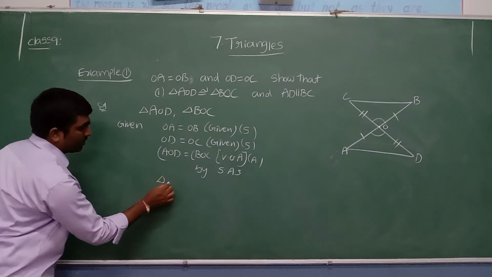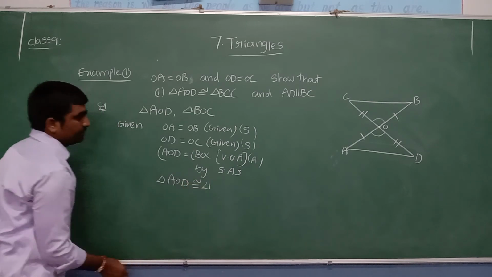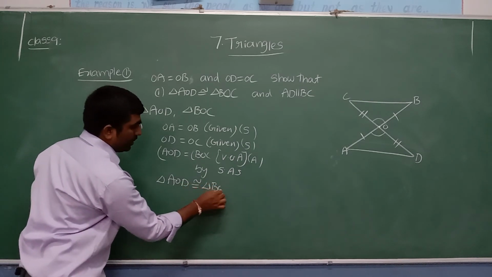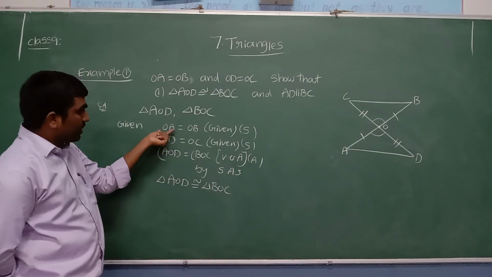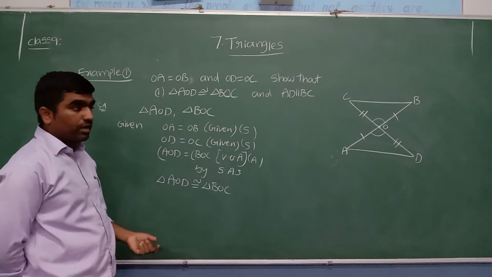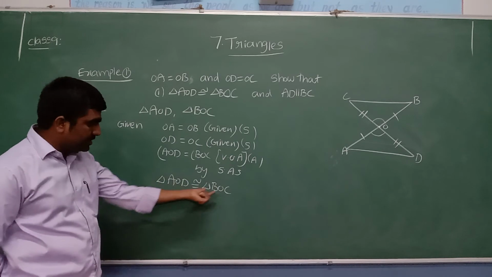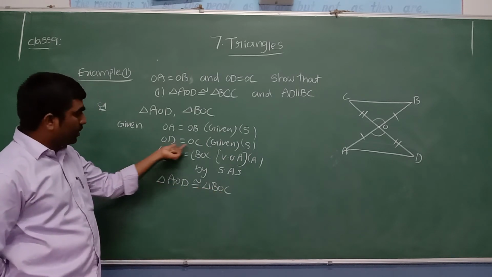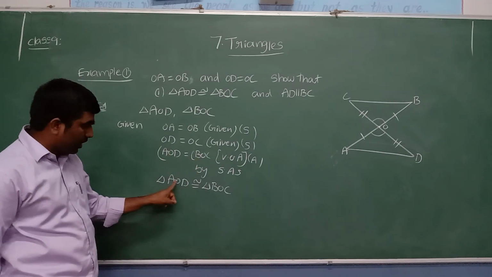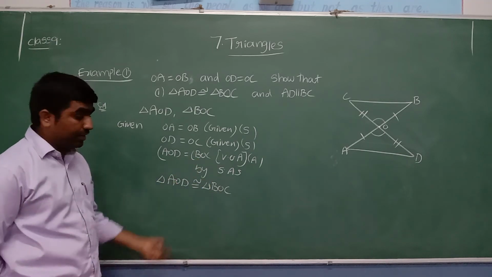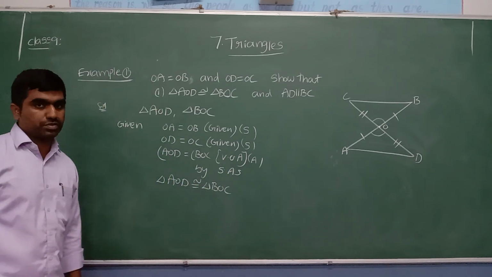We now write it in symbolic form. Triangle AOD is congruent to triangle BOC. They already gave the symbolic form, and I wrote it. You can verify whether corresponding sides and corresponding angles are in equal places. OA is equal to OB, the first two. OD is equal to OC, the last two. Angle O is equal to angle O, both in the middle. Corresponding sides and angles must be in corresponding places in symbolic form also.